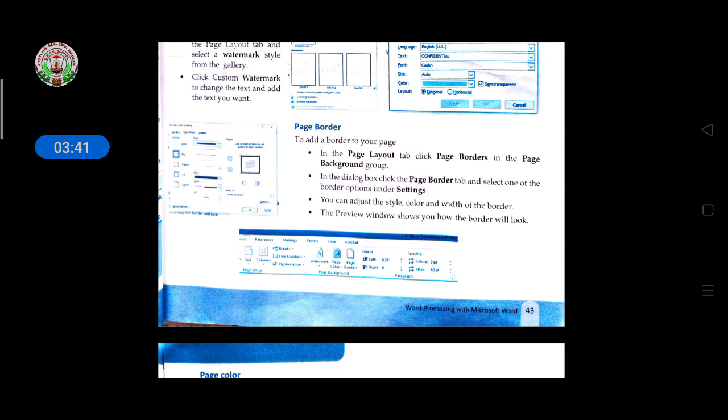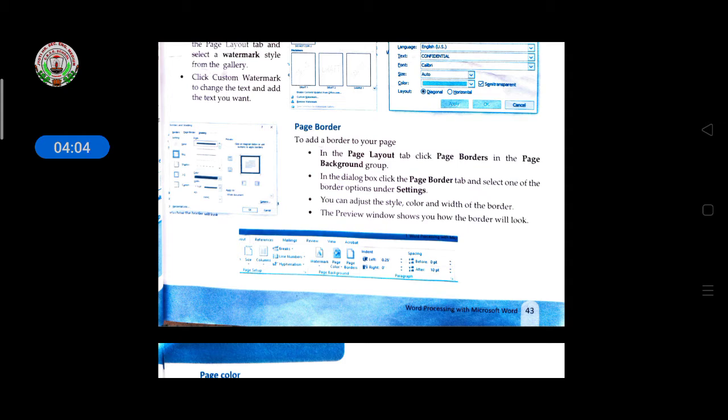Now come to the page border. To add a border to your page, in the page layout tab, click page borders in the page background group. Then in the dialog box, click the page border tab and select one of the page border options under setting. You can adjust the style, color and width of the border.